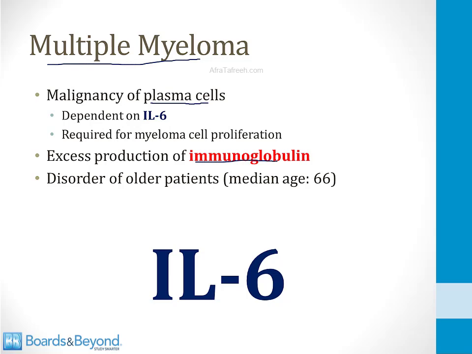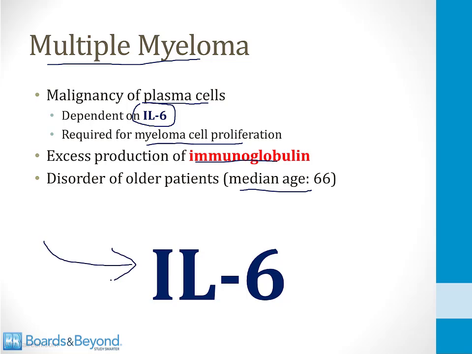It's a disorder of older patients. The median age of onset is about 66 years of age. And one thing you should know about multiple myeloma, especially for step 1, is that this disease is highly dependent on IL-6. There is lots of basic science literature demonstrating that in absence of IL-6, the myeloma cells do not proliferate, and IL-6 blocking agents are being tried as therapy for this disorder. So make sure you're aware of IL-6, and that's why I've bolded it and put it in big letters here